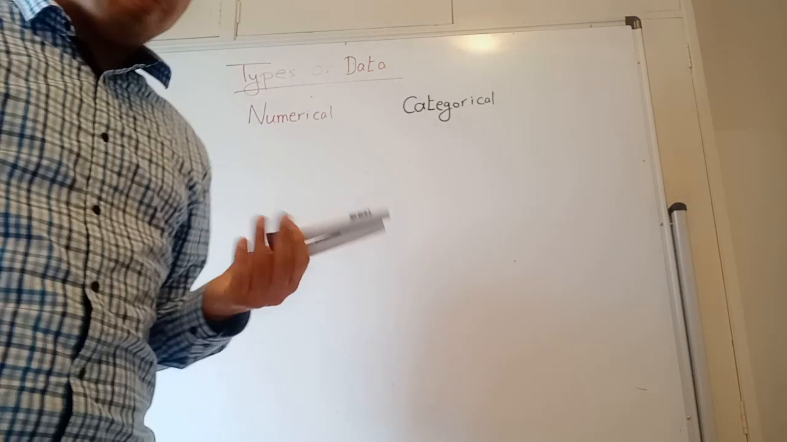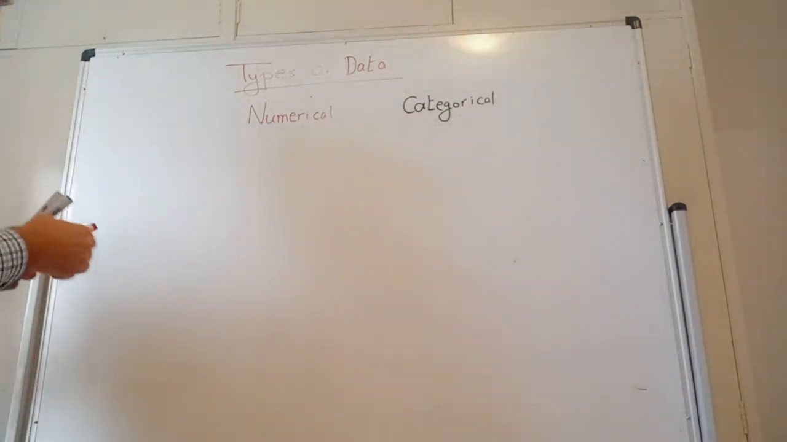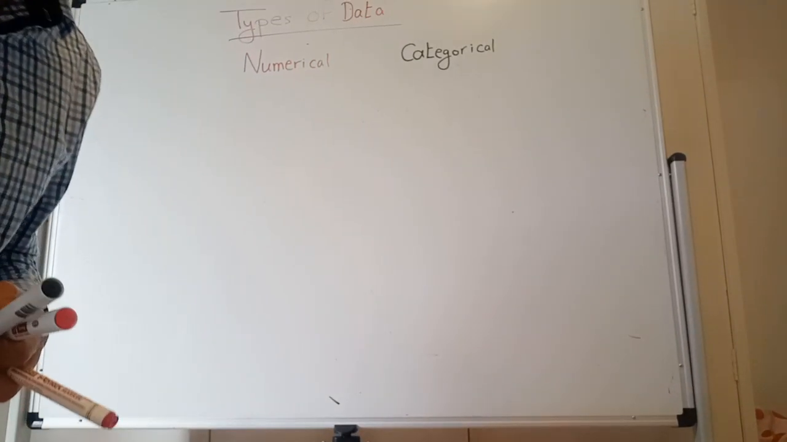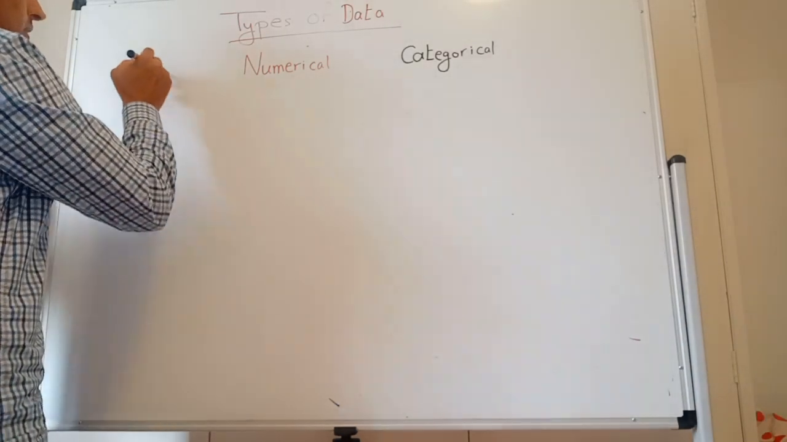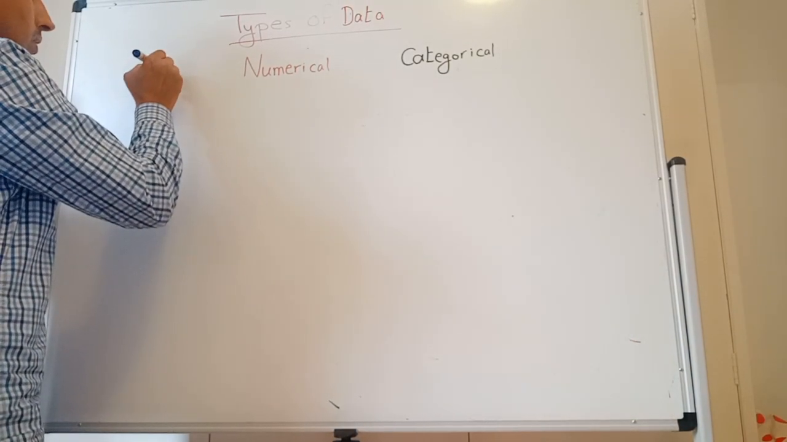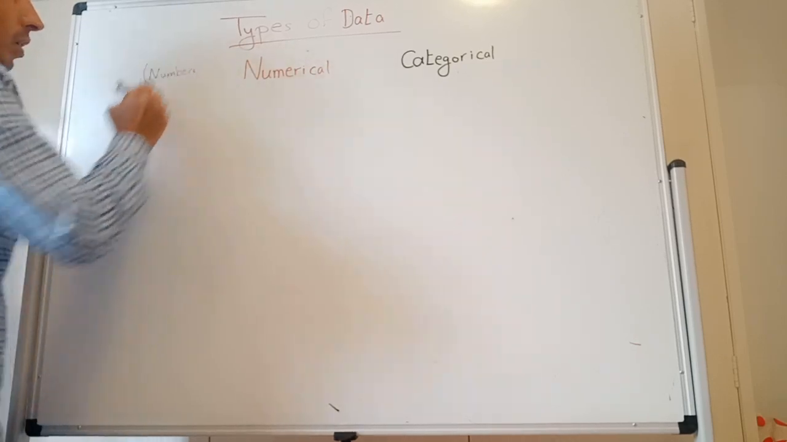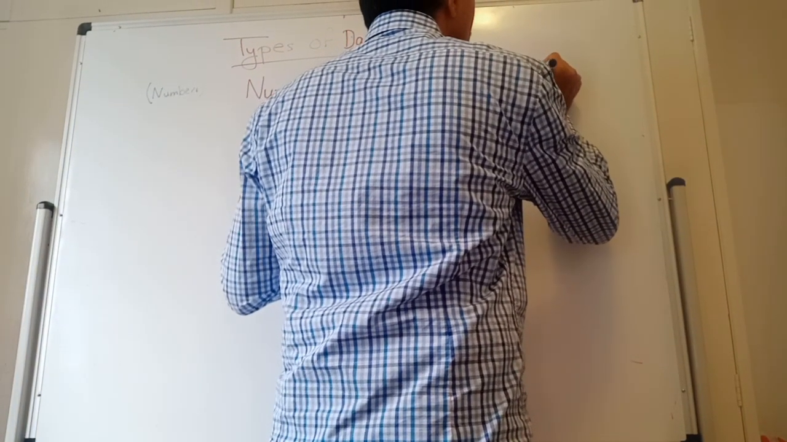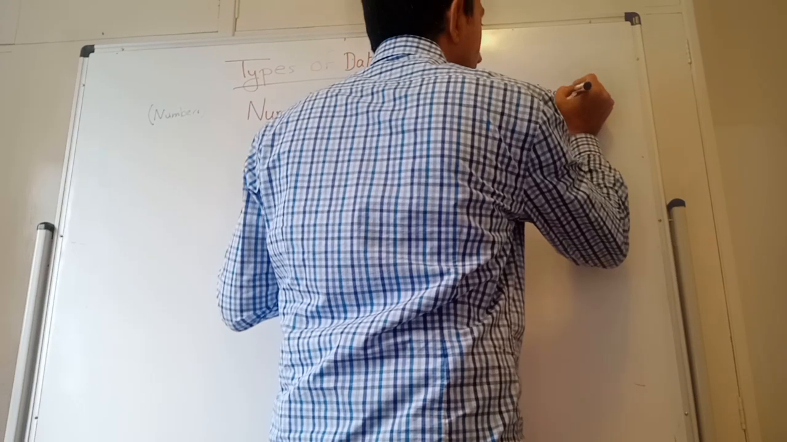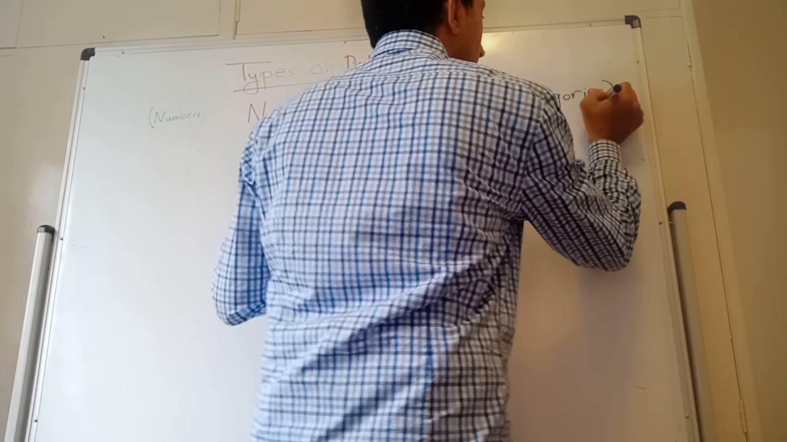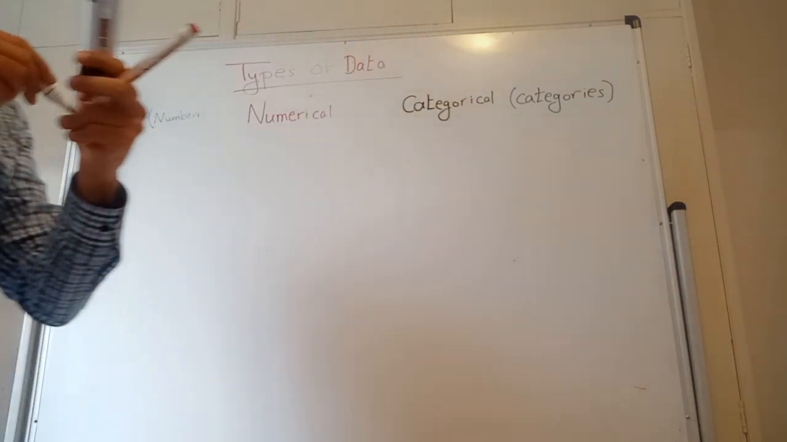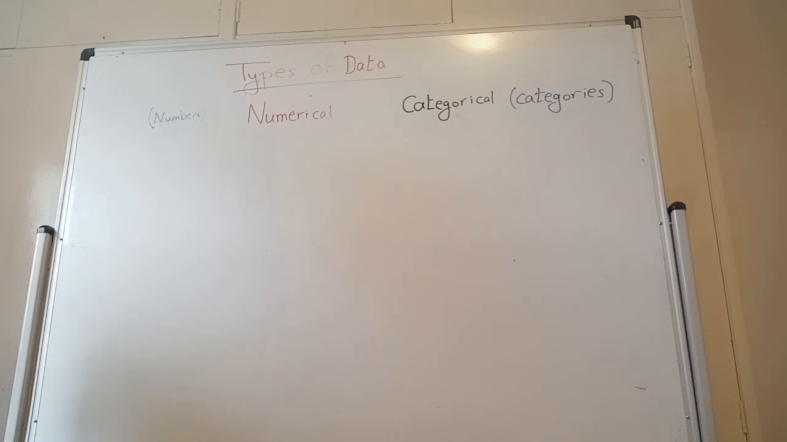Numerical means numbers, numerical values. So I'm gonna refer to numerical as numbers or numerical values. And categorical, apparently, means categories. Okay? So numerical, categorical, numbers, categories. Fine. Then we come to something else called